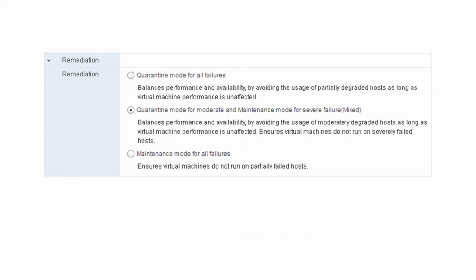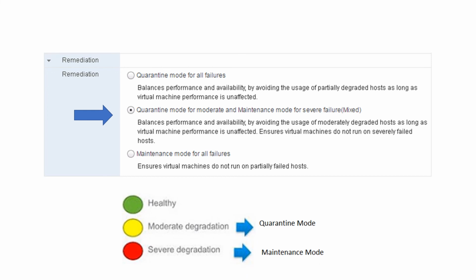Next is quarantine mode for moderate and maintenance mode for severe failure. Here, for moderate degradation, it will take the host into quarantine mode, and for severe degradation, it will take the host into maintenance mode. So it brings two actions in this mixed mode, based on the alerts which got triggered.